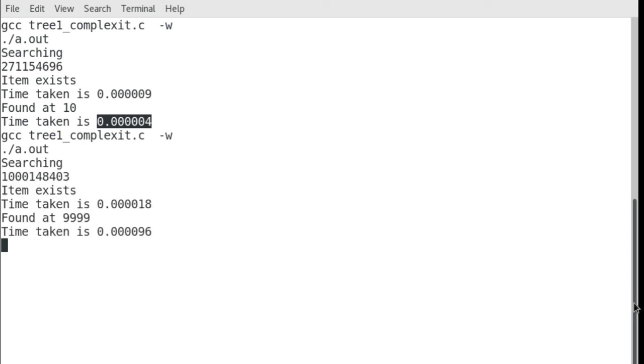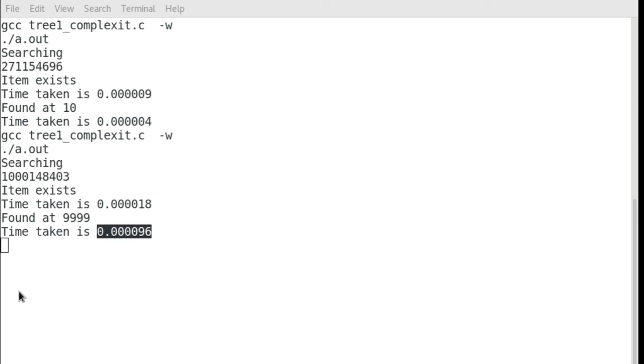So for the 10,000th element, you can see that the time taken for the tree is much better compared to time taken for searching in an array. So if you have large number of elements, tree will be much better.